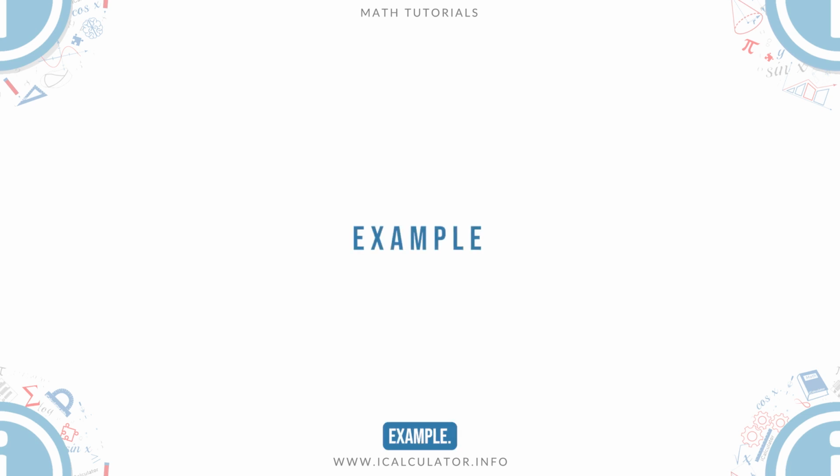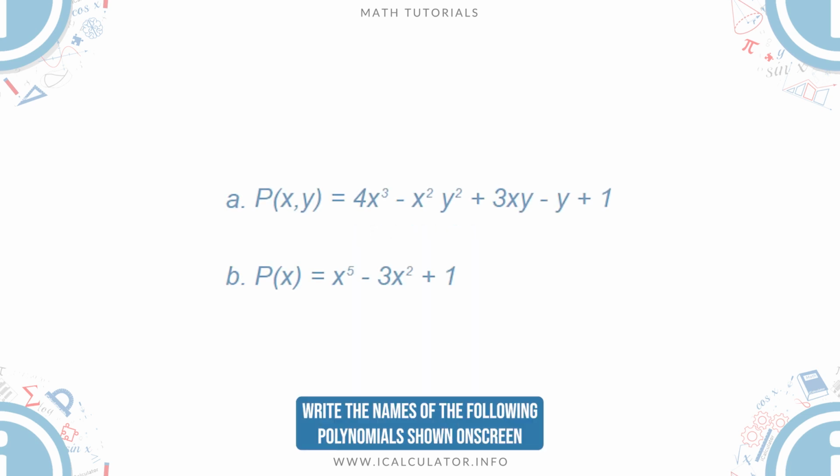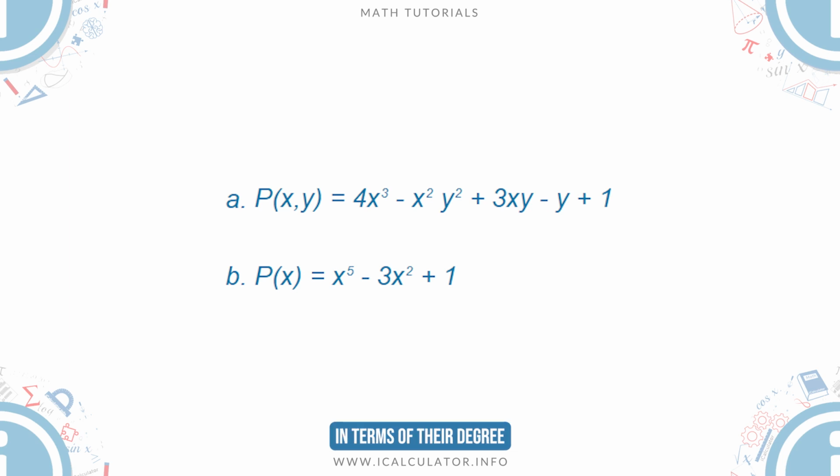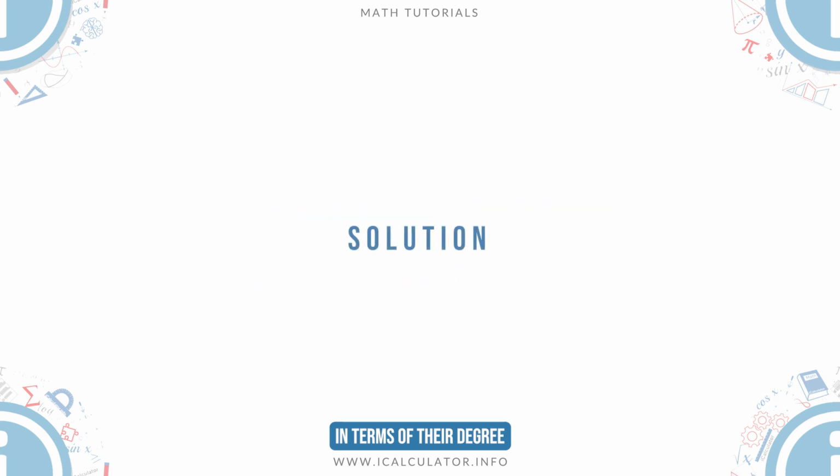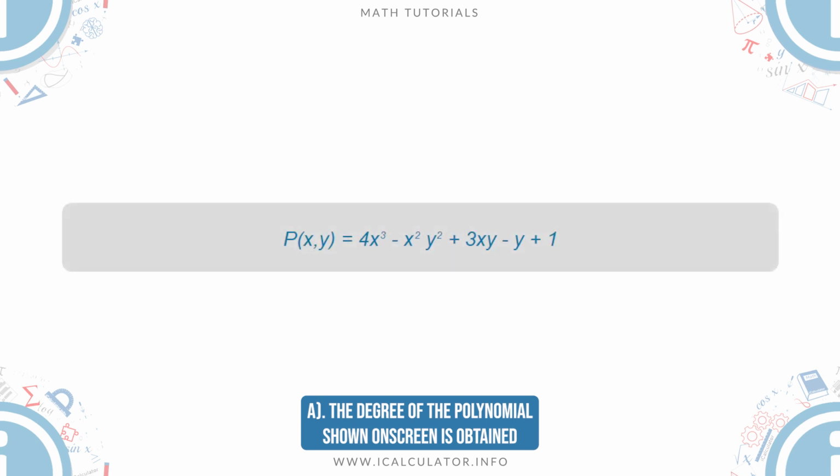Example. Write the names of the following polynomials shown on screen, in terms of their degree. Solution. A. The degree of the polynomial shown on screen is obtained by looking at its second term, minus x squared